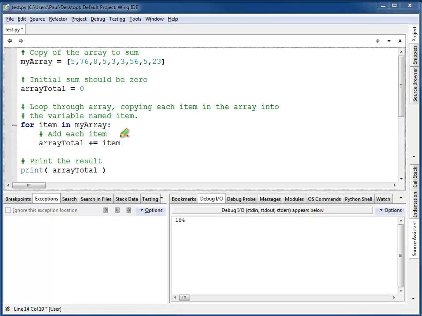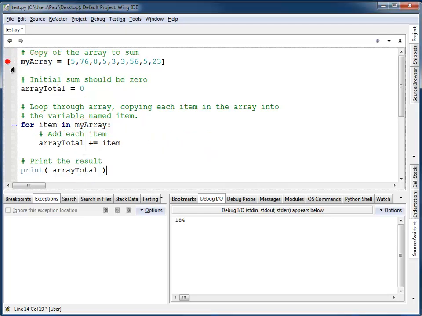Another way of writing the same thing is to use the for each version of the for loop, in which case I take my array right here that I created up here, and I have a new variable called item. It's going to take each element out of my array and in turn put it inside of item. I don't need to worry about an array index, and this makes my summing loop a little bit simpler than the prior example. First time through the loop, item is going to equal 5. Next time, it'll equal 76, and then 8, and so forth,